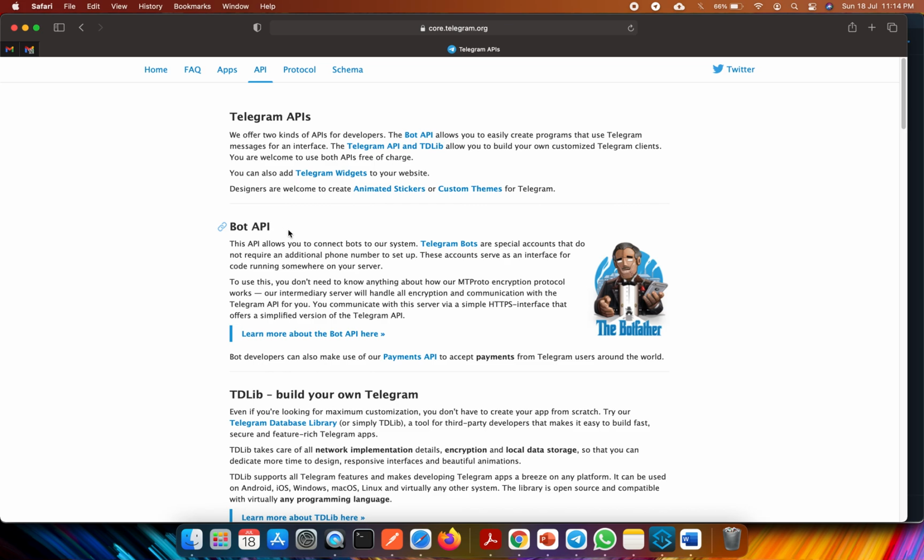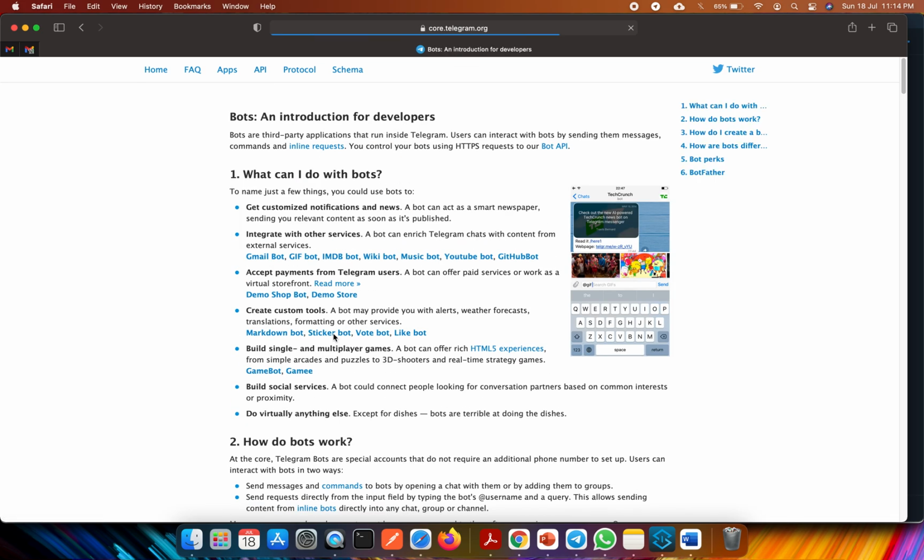It gives further options, like to learn more about the bot API, click here. Let's go step by step. It gives different options, like if you want to customize notifications, or a Gmail or GIF or different kinds of bots you can create. But for this particular use case, I will be discussing a very basic Telegram bot and its integration with Mule 4.